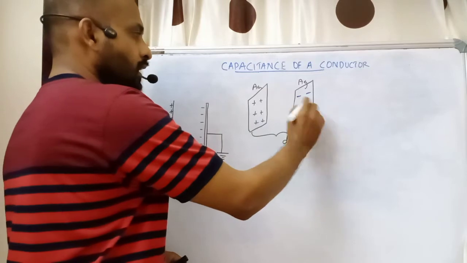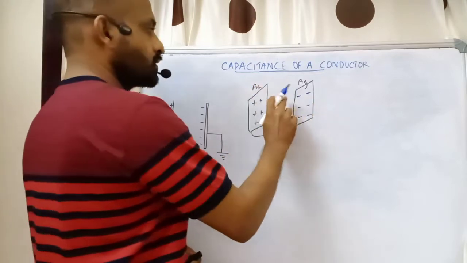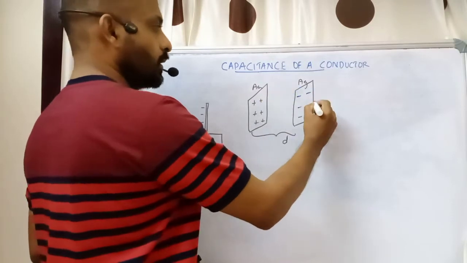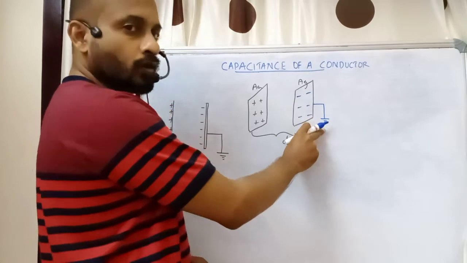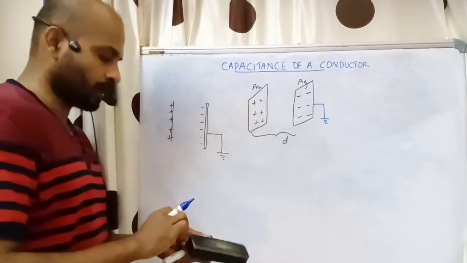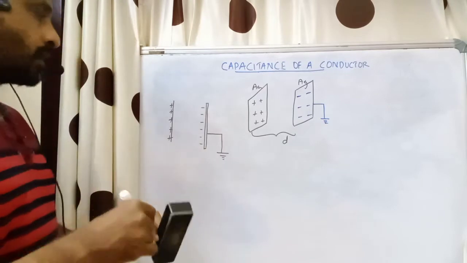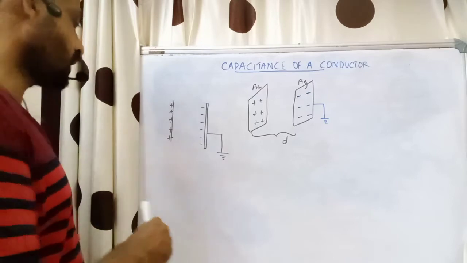And what about this side? One side will be earth, as shown in this figure. So this is the facing end and the other end will be earth. We can draw it like this, earth. These charges will not go to earth because they have a strong attraction with the positive charge. Okay. Now I'll explain how this arrangement can increase the capacity. We'll see how it can increase the capacity.